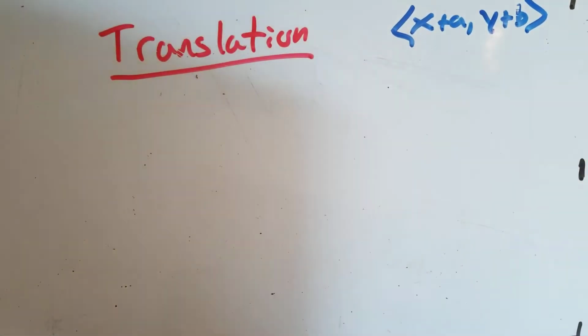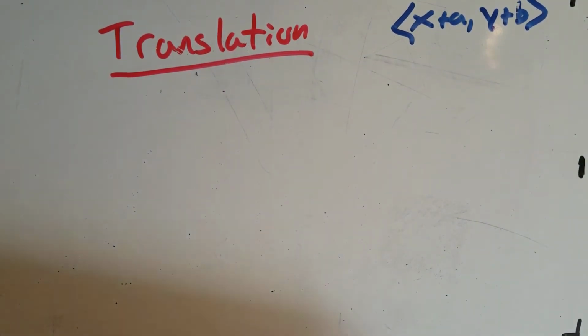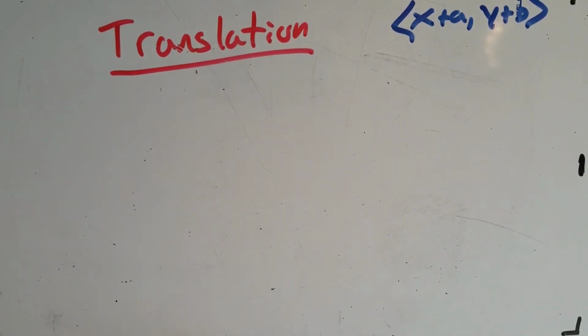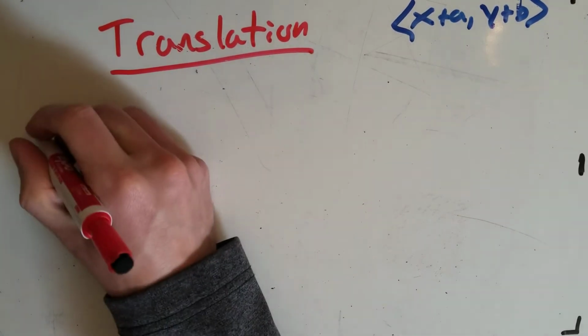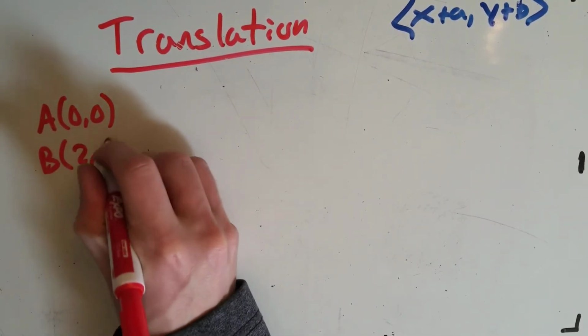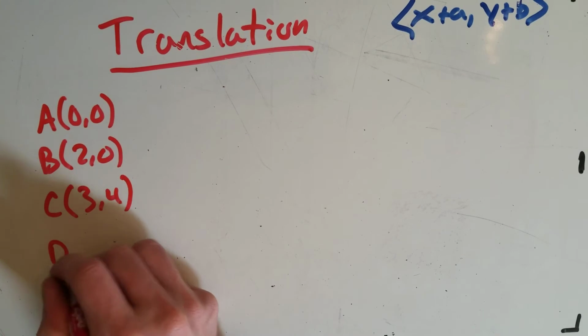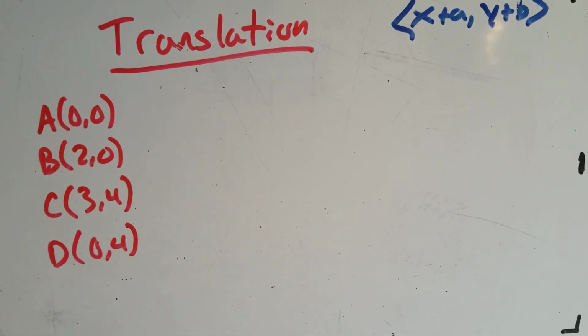So let's look at our next one. We have a quadrilateral, and this one we don't have a coordinate plane, so we're going to try this one without the coordinate plane. It says quadrilateral ABCD has vertices A (0, 0), B (2, 0), C (3, 4), and D (0, 4). And we are going to find the vertices of the quadrilateral after a translation of 3 units